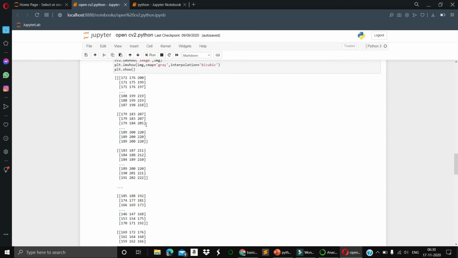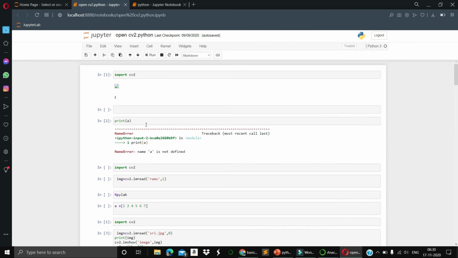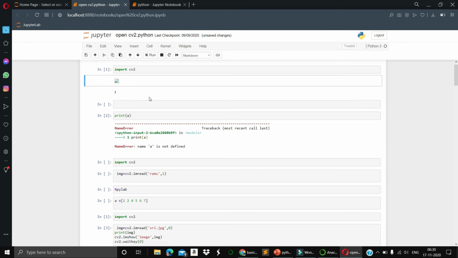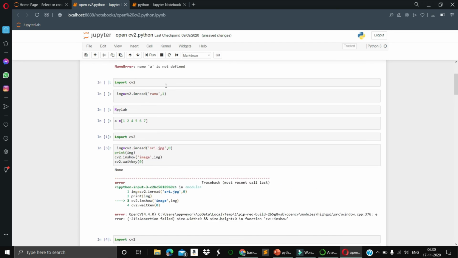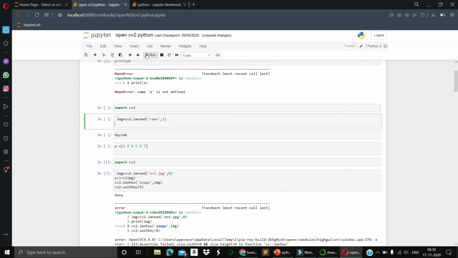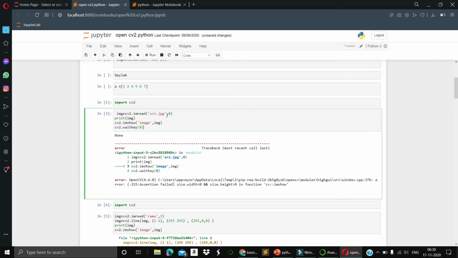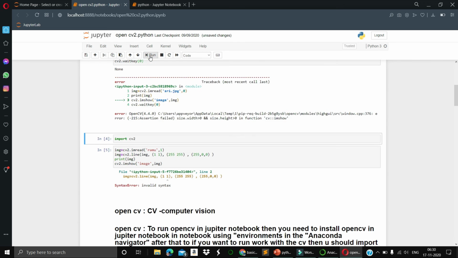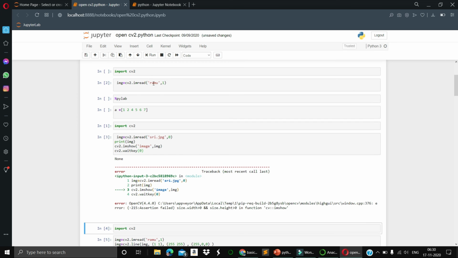So if you want to see something, I'll show you. Okay, let's run this one. From here you can run the code. After that, I'm importing an image. Okay, this is another software in computer vision, which has so much advantage in the field of image processing.